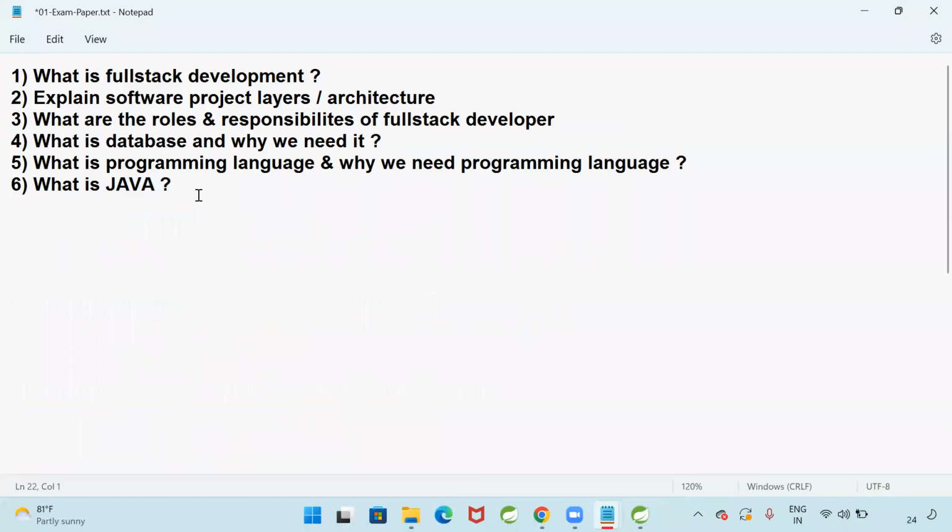Write properly, guys. That notes you can use for revision for the next 3 months. These concepts are important. Basic concepts of Java.